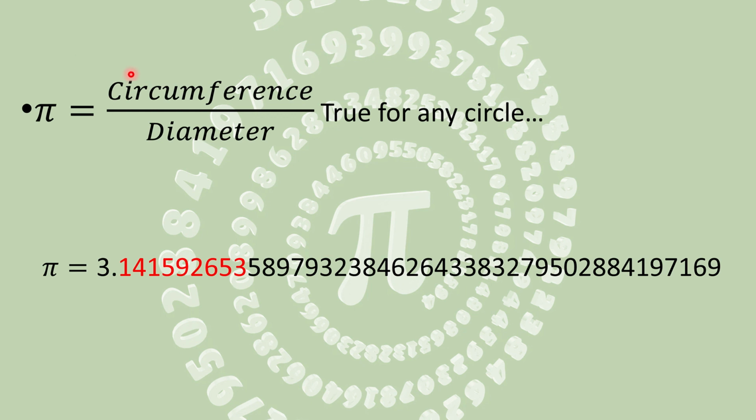I hope everybody knows that pi is basically the ratio between circumference and diameter, and that is true for any circle. If you consider a circle and its circumference and diameter, that will give you a constant ratio, which is pi. Up to some decimal places, the value of pi is